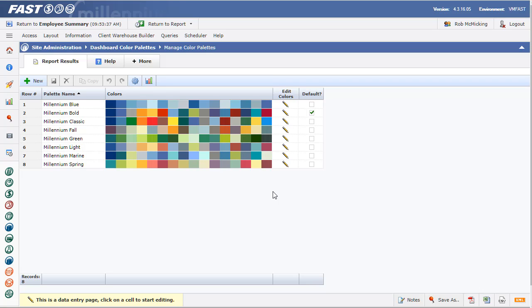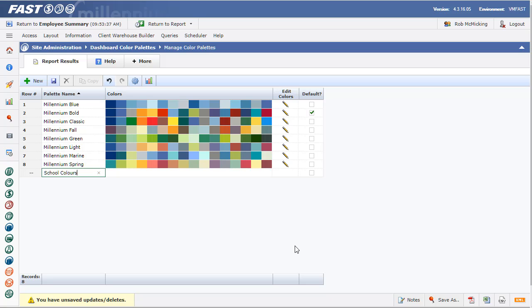What I'd like to do today is show you how to create a new dashboard color palette or theme and add colors to it. To create a new one, just simply click plus new, and we'll give this a title. I'm going to call this School Colors, and this is actually an option that a lot of clients are taking advantage of. You may want to have a color palette that represents a number of your colors represented in your school marketing. Quite often, in fact, your marketing department is going to have the exact color codes that you need